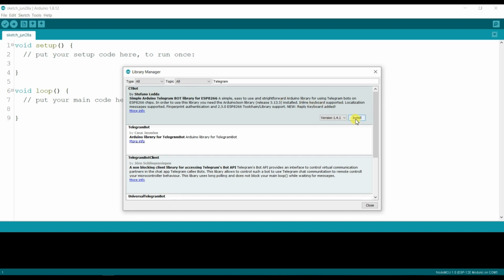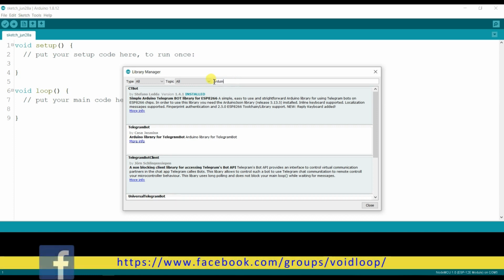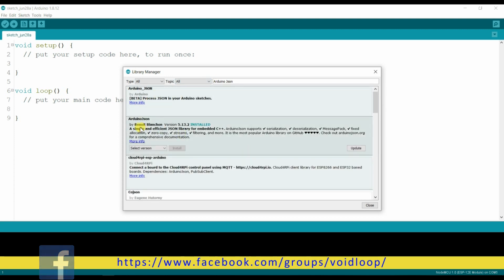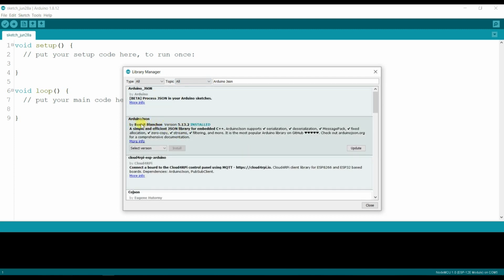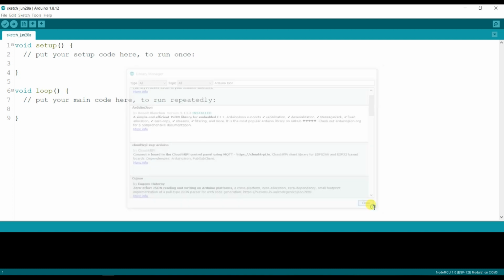Click over here, install. CTBot has been installed. So now I will install Arduino JSON. I have already installed Arduino JSON. Okay, no need to change and no need to update. Close.